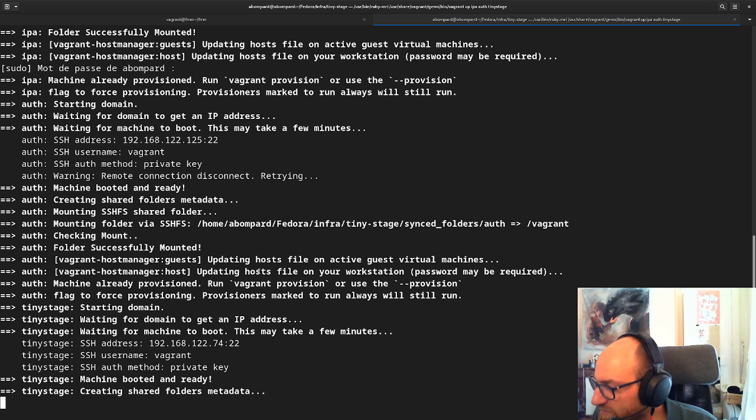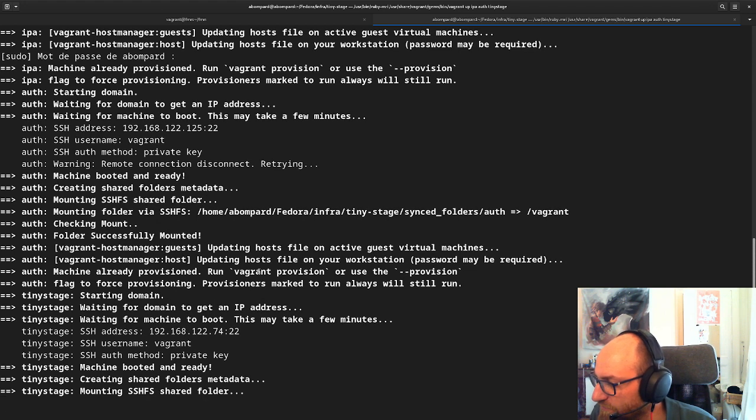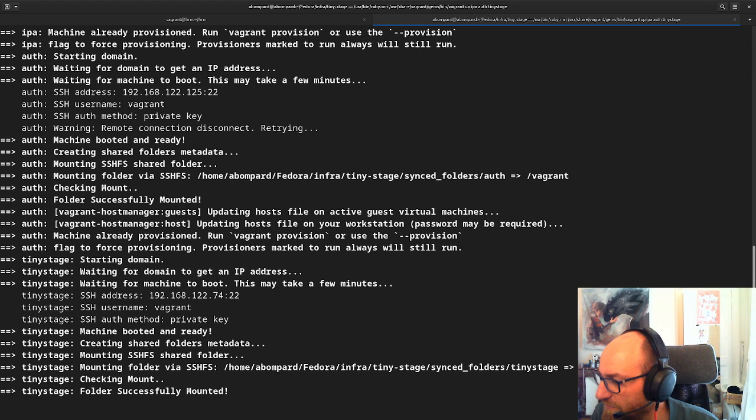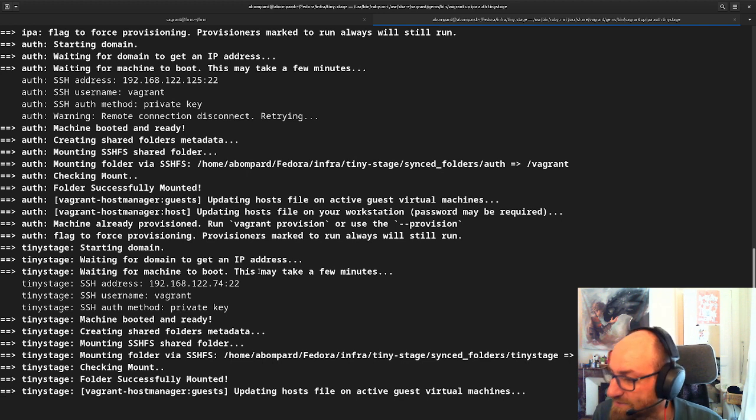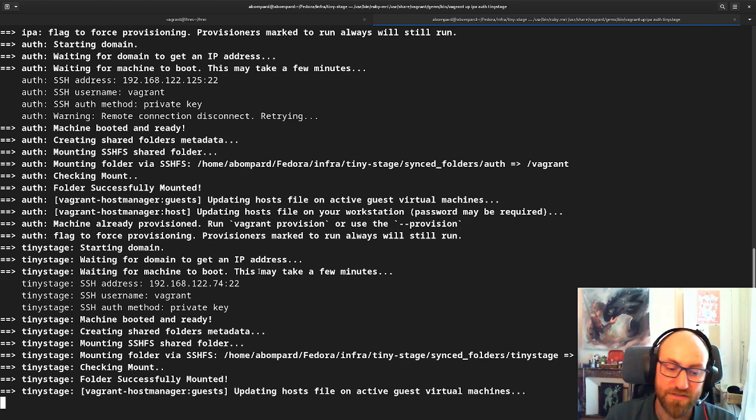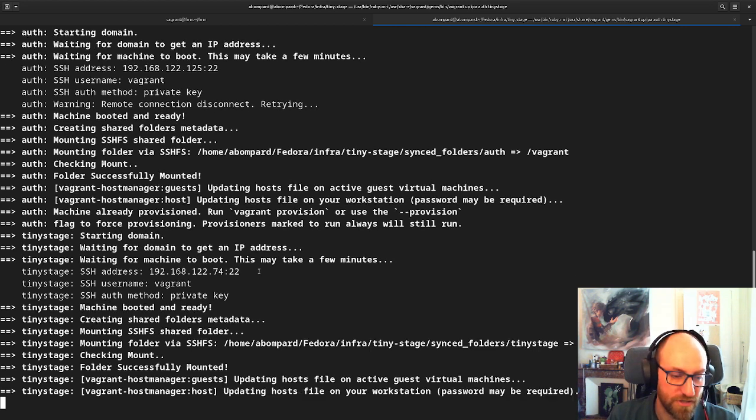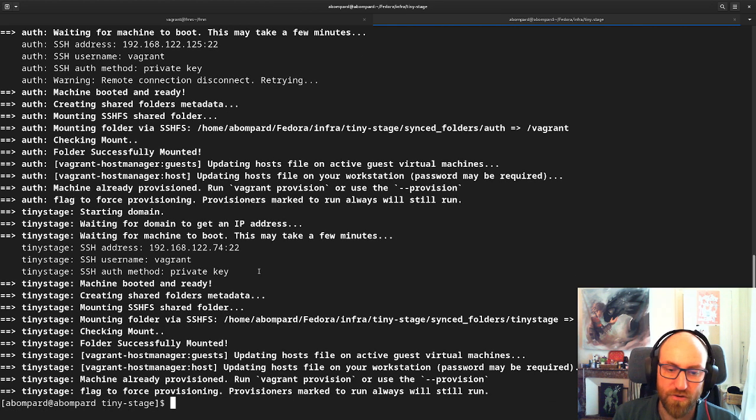So Lenka says the issue fix will be done from the FMN VM, not tiny stage. Yes, so FMN has its own VM. Tiny stage has a few services running, but it doesn't have FMN. FMN has its own VM, and they are all connected to each other because Vagrant sets up a network. Well, not really a virtual network, but well, yes, there is a separate network that you can see here in the 122 address space,